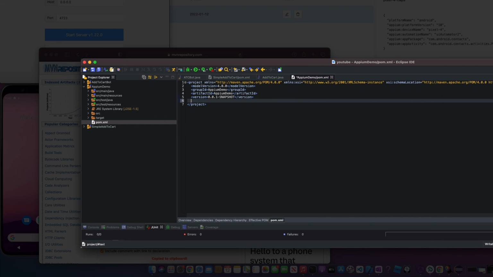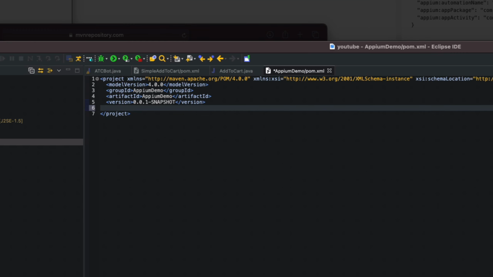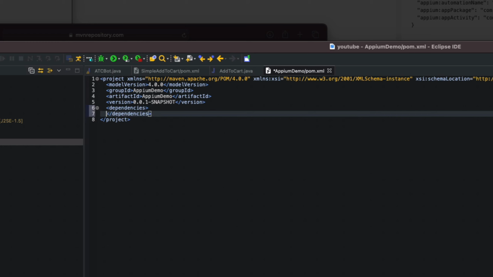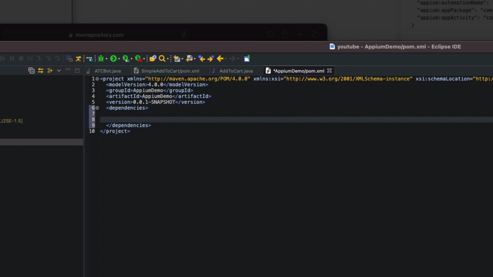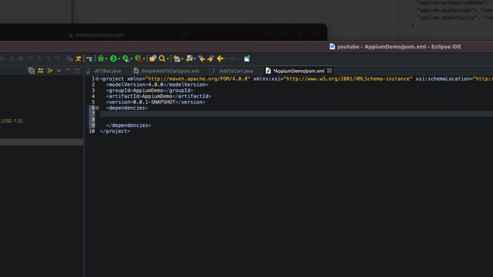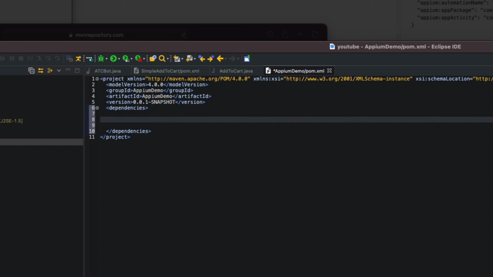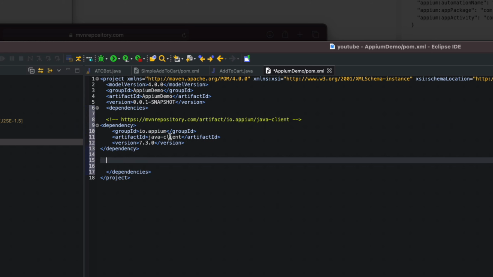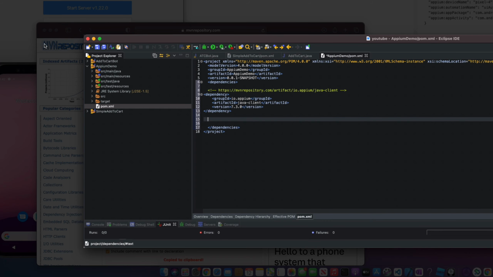and within your pom file, before you can paste that dependency in there, you're going to open up a new line, and you're going to open up with the dependencies tag, so it's going to be plural, close it, and now we can put our dependency in here. So each dependency is going to go in here, so just paste, and we have our Appium Java client. We are on version 7.30,